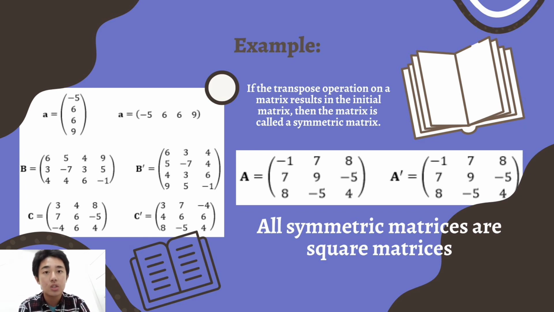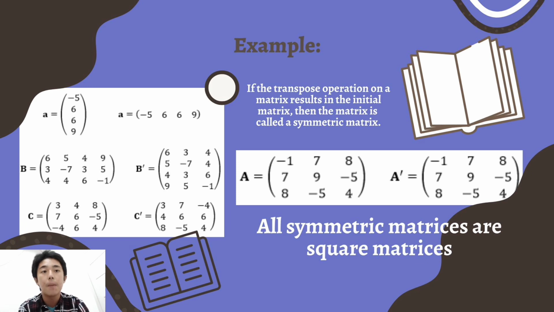And it is changed also when we transpose. The columns also change. After the transpose, the columns become 3, 4, 8, 7, 6, negative 5, negative 4, 6, and 4. It is different. It's always different. But there's a situation. If the transpose operation on a matrix results in the original matrix, then the matrix is called